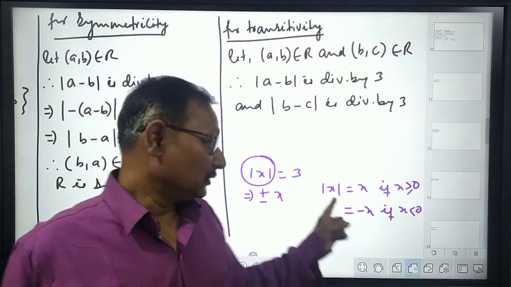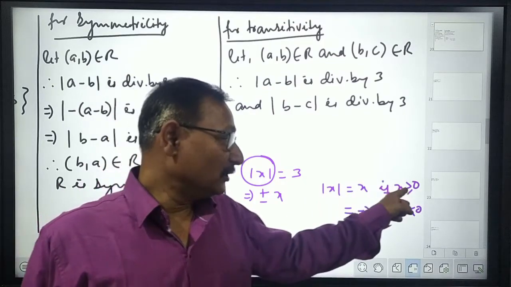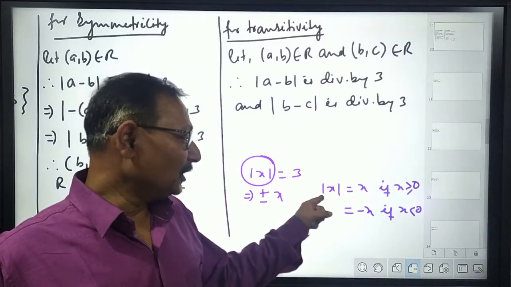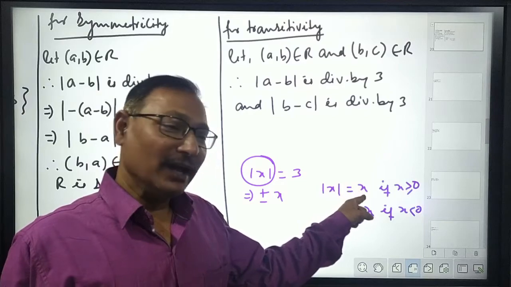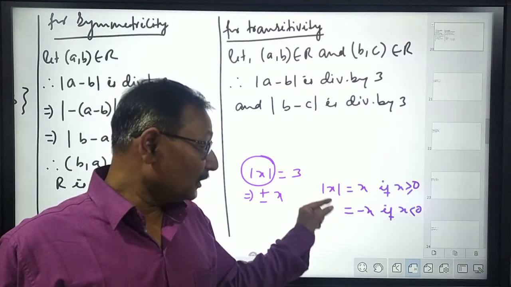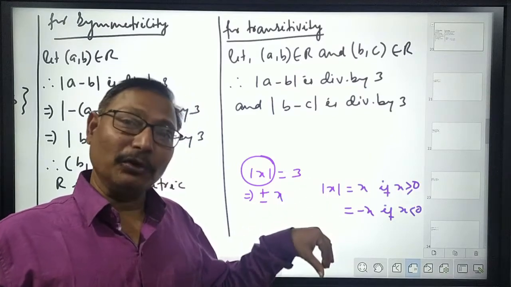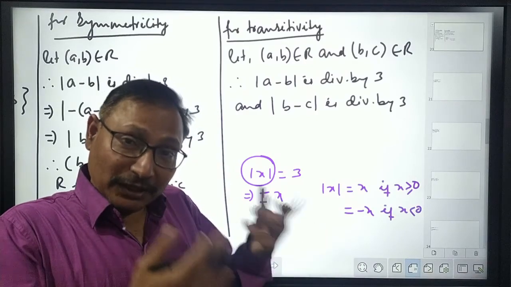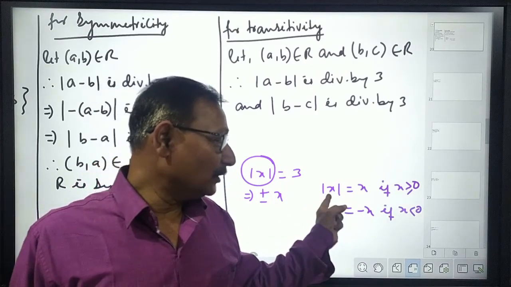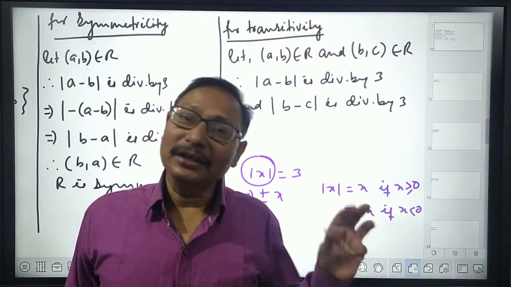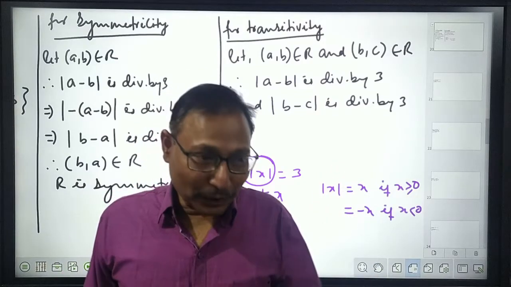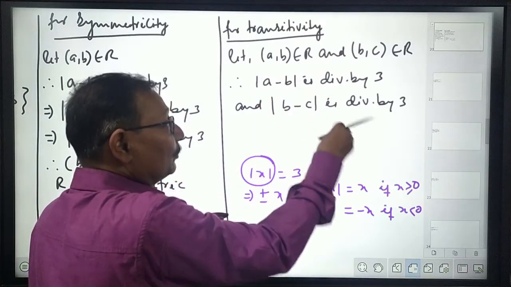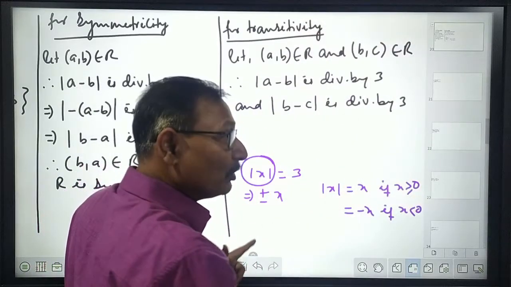If x, the number inside the modulus symbol, is either 0 or greater than 0, zero or positive, then we write for this modulus x as an answer x. But if a number put inside the modulus symbol is negative, less than 0, then to make it positive, we usually multiply the given number by a negative sign. So it becomes positive. And now we are doing the same thing to take a minus b outside the modulus symbol.